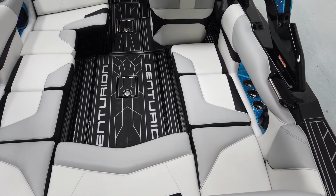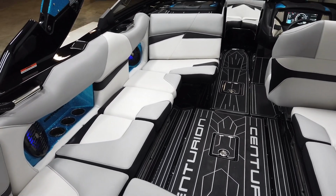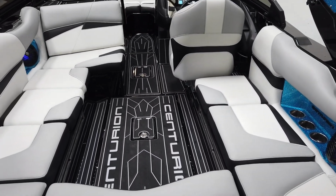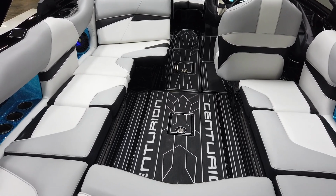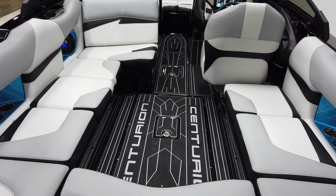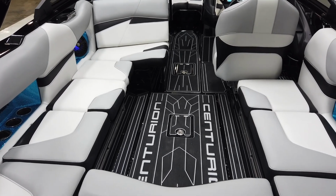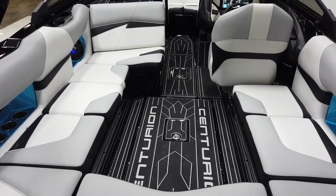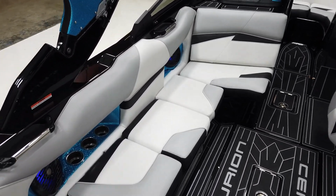This Fi23 has a nice traditional setup of U seating. But as we step in here, Centurion made a big improvement with this seat flips up, that seat flips up, and the rear seat, which slid last year, but they've really made it easy to have everybody face backwards inside the boat to watch the action. So let's do that right now. Before we get there,